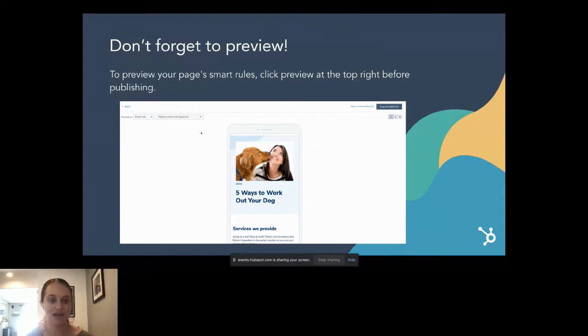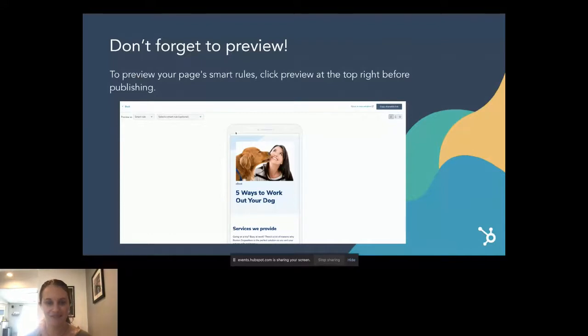The reason for that is that we actually have functionality in HubSpot where you can select the specific smart rule and be able to view it. So that way you know how it's going to show up for someone that's on mobile, for instance. If you have the different devices for smart content, you can see how it's going to look for people in different countries, etc. Basically, for whatever rule, you want to make sure that you're viewing every version of that to better understand how it will look to a person that's in that stage of your flywheel.